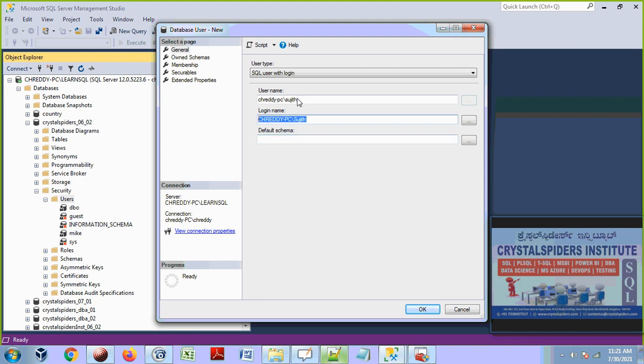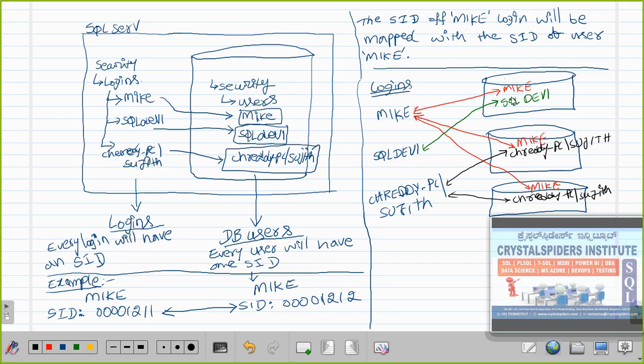That's it, guys. So now we are going to create this user and map that user to this login. Both are going to be done at the same time. We are creating this username and mapping that user to this login. So now we are doing it in a reverse way. Now we are inside this database, creating this user and mapping that user to this login. That's what we are doing now.